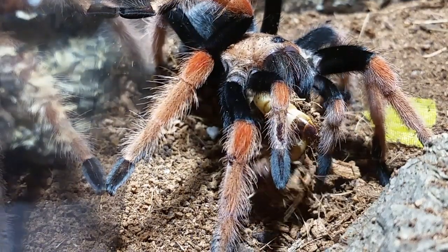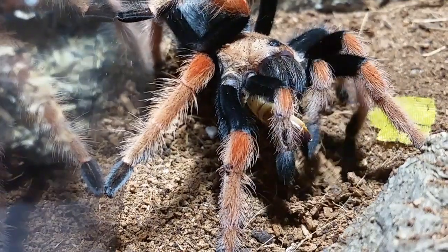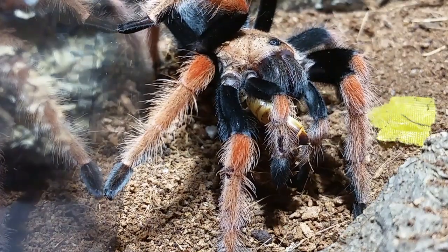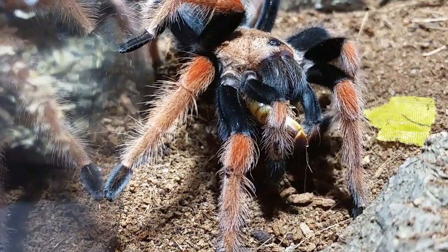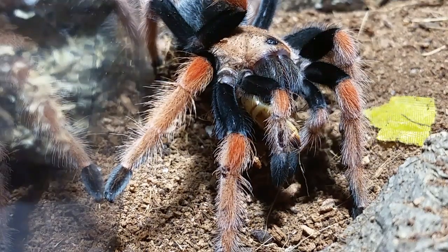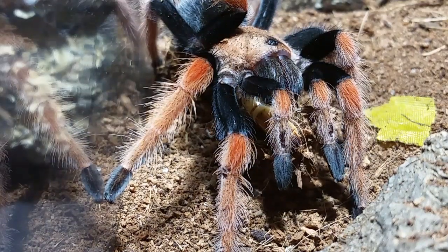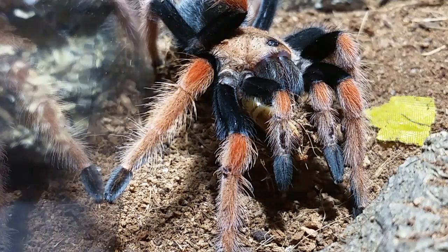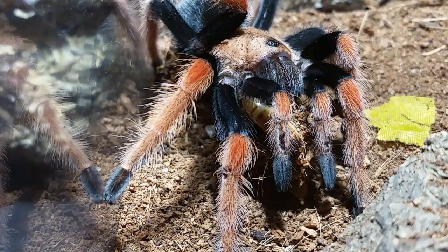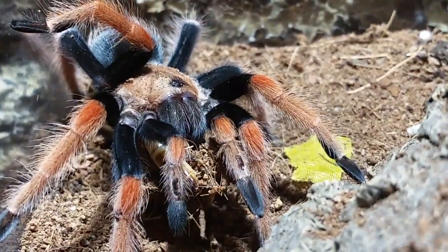But these ones are super flicky for some odd reason. I'm not really quite sure what it is with this species of the Brachypelma that makes them want to be that much more flicky, but they do seem to be that way. I mean, don't get me wrong, I've had other ones flick. The only ones that I've never really had flick, my albopilosums and my vagans have never really done it. My little Baumgarteni that I have doesn't, but the one I think that my brother has flicked a couple times for him. My albiceps has never flicked either, so we'll find out if he stays true to that here, because he's coming up next. So let me take a photo of this guy,